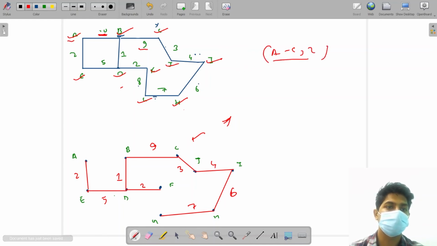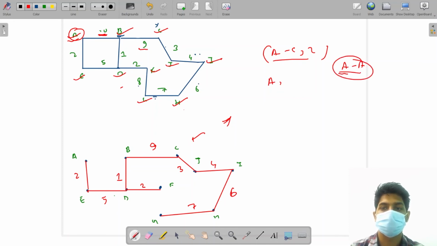But when I start for the very first time from the root node, from A to A, the source node is A, the neighbor is also A, and I'm already present at A. So what is the weight to go to A? The weight is also 0.